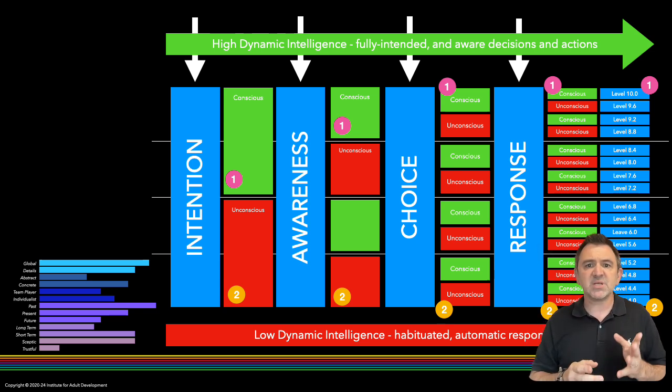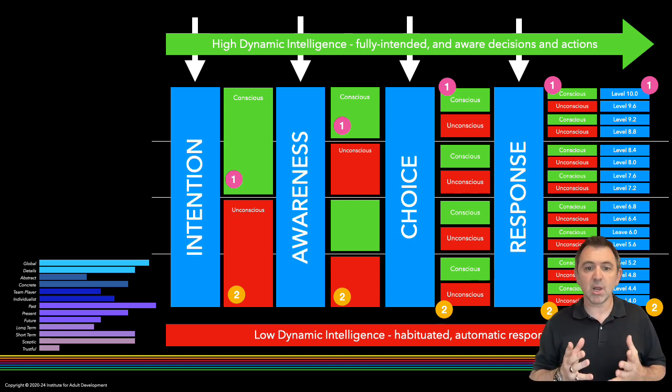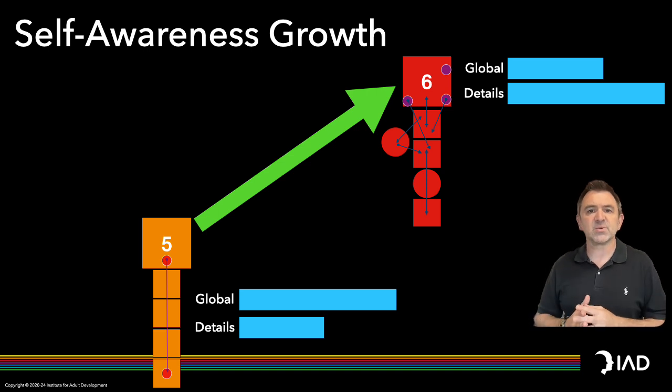In order to go above 7, we must raise your level of awareness of your use of global at the very beginning of your thinking process. From a conscious perspective, you must actively choose to use global. And this is the best way to demonstrate self-awareness from a cognitive intention perspective.